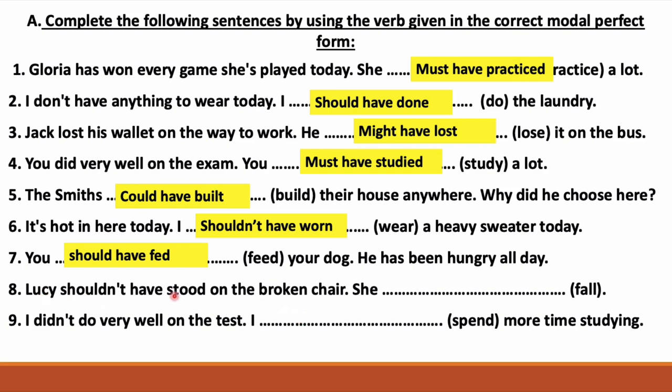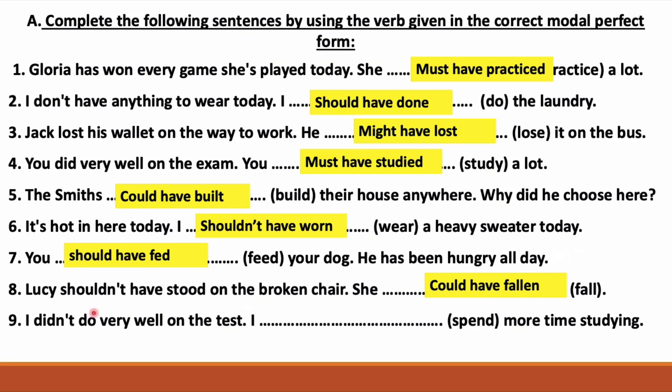Lucy shouldn't have stood on the broken chair. She could have fallen. But she didn't. Here we are talking about possibility in the past. There was a possibility that Lucy could have fallen, but she didn't fall. So here we are talking about possibility in the past. And also it can be used for